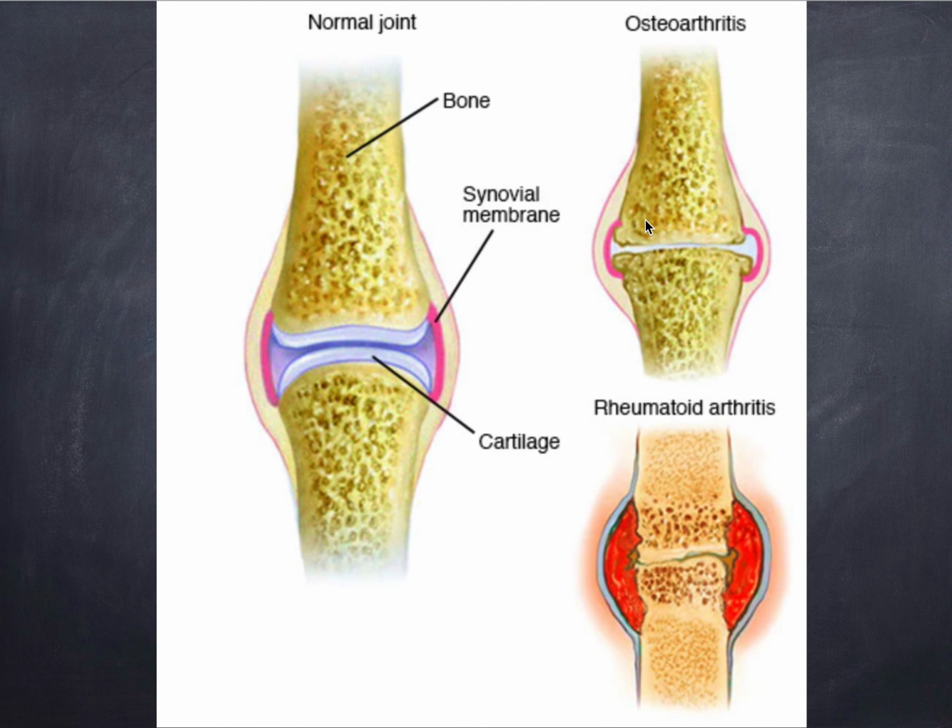So as you can see in osteoarthritis, this is the arthritis where the cartilage is broken down. You can see there's barely any cartilage. So you can imagine when that joint is moving, you get some bone-on-bone grinding, and that's where the pain and tenderness comes in. And then we have rheumatoid arthritis, and here you can see